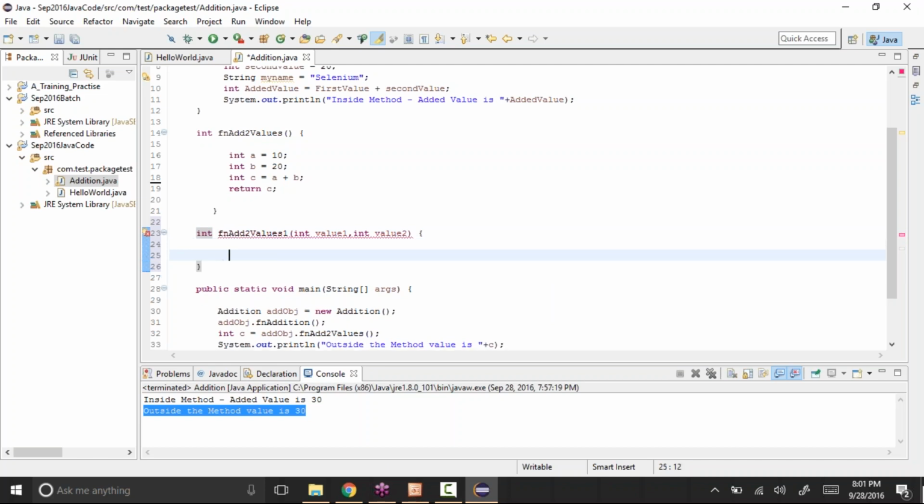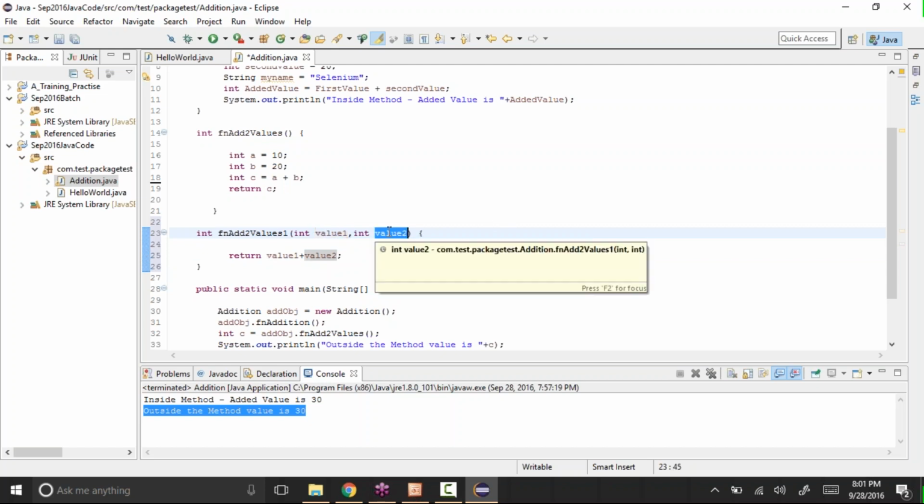So what we can do is return value 1 plus value 2 and semicolon. We are adding value 1 with value 2 and returning that value.